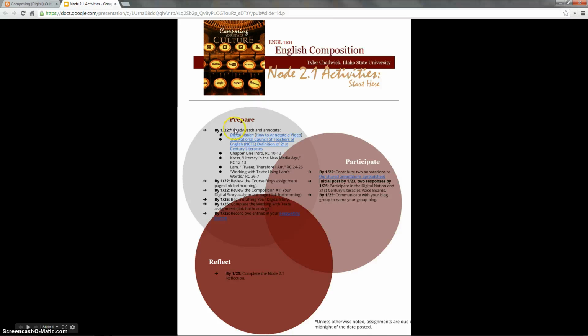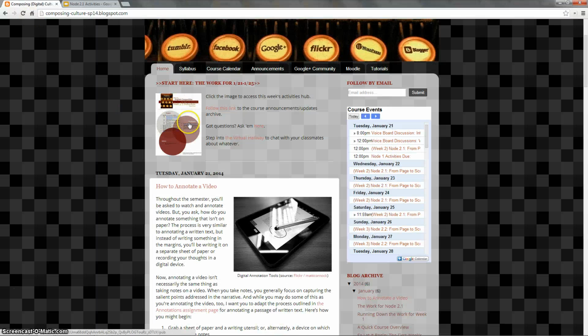But I recommend that you begin with your reading and watching experience, so that you can get some background for the things that we will be talking about in Node 2.1. So each week I recommend that you start here with this activities page. There are several ways you can access it through this